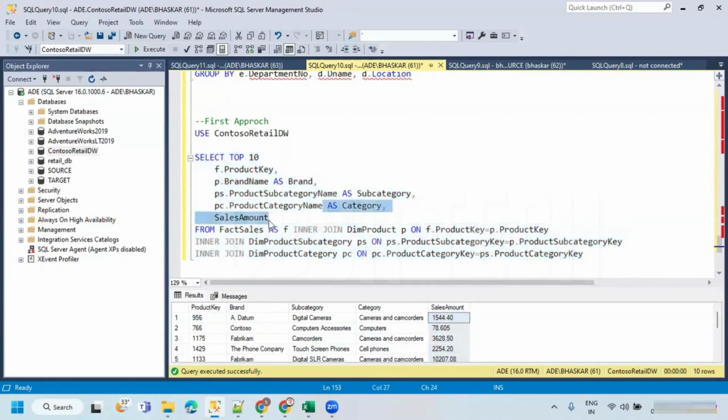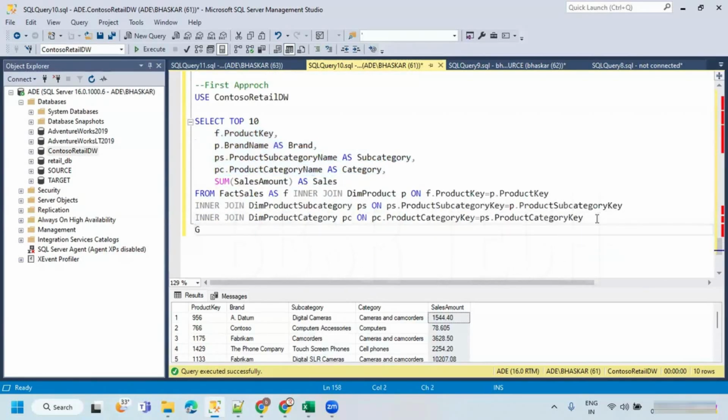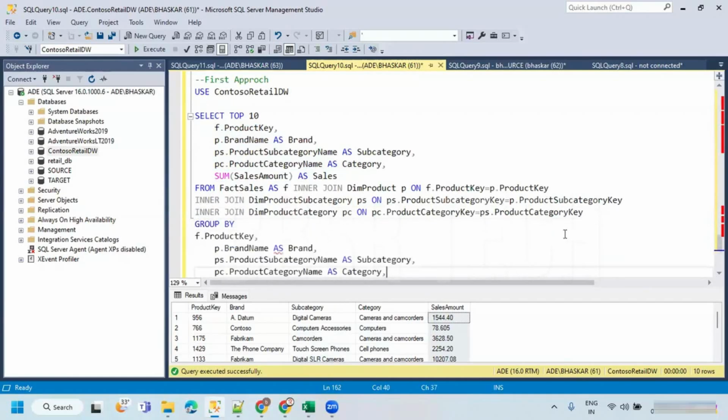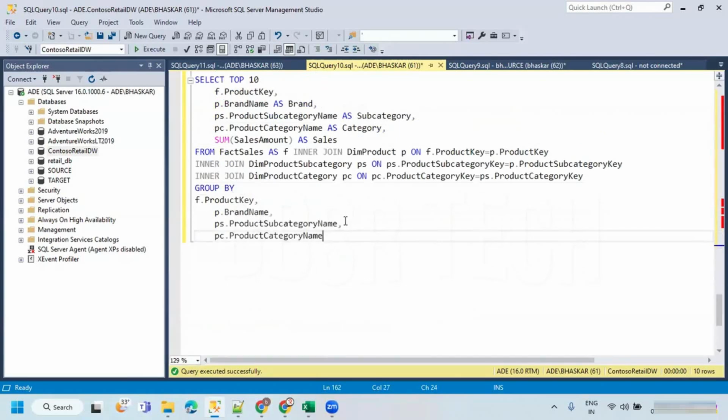And I wanted to summarize this data. So to summarize, we can say sum of sales amount as sales. When you have an aggregate column, then these are all the normal columns. These normal columns you need to keep in the group by. And all these group by columns you can keep; alias names we don't require. So just take out these alias columns. That's all. Now if I execute this statement,